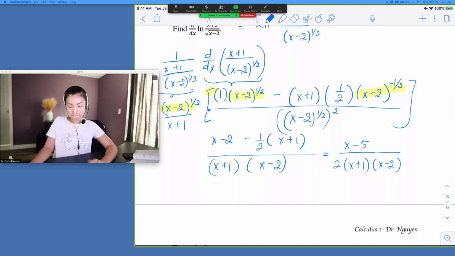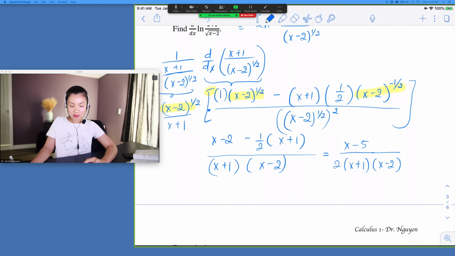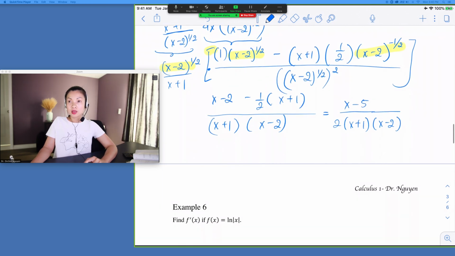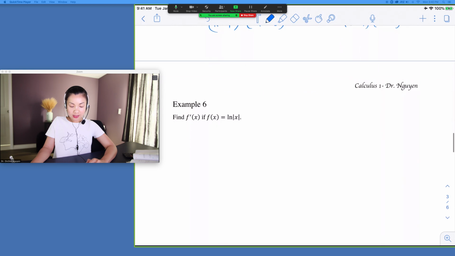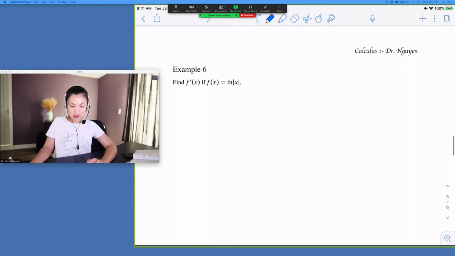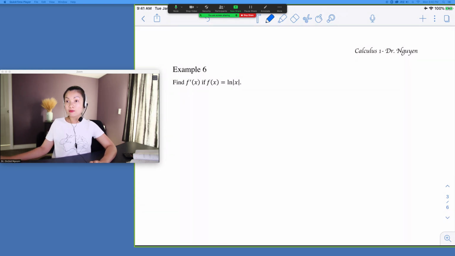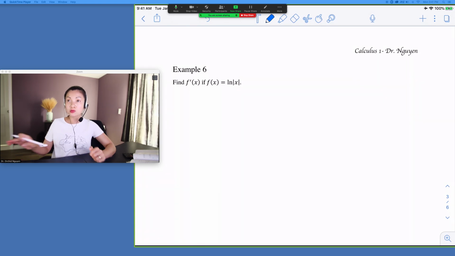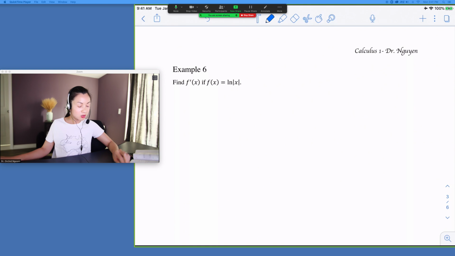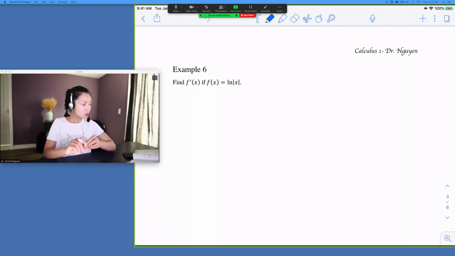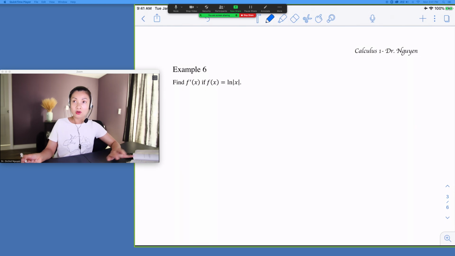Okay. All right, so let's take a look at example 6. So what we have right here, hopefully you see that we have the absolute values. So when it comes to absolute values, you have to be careful. So what do we have? We have